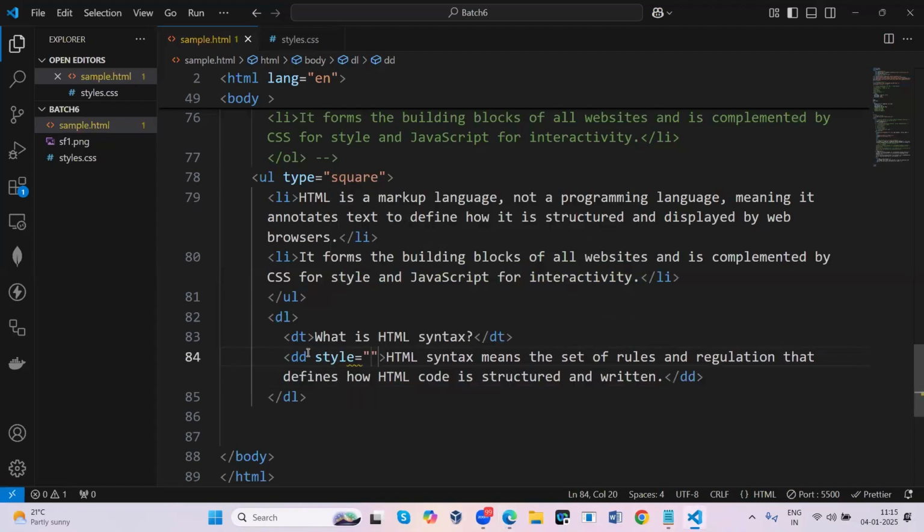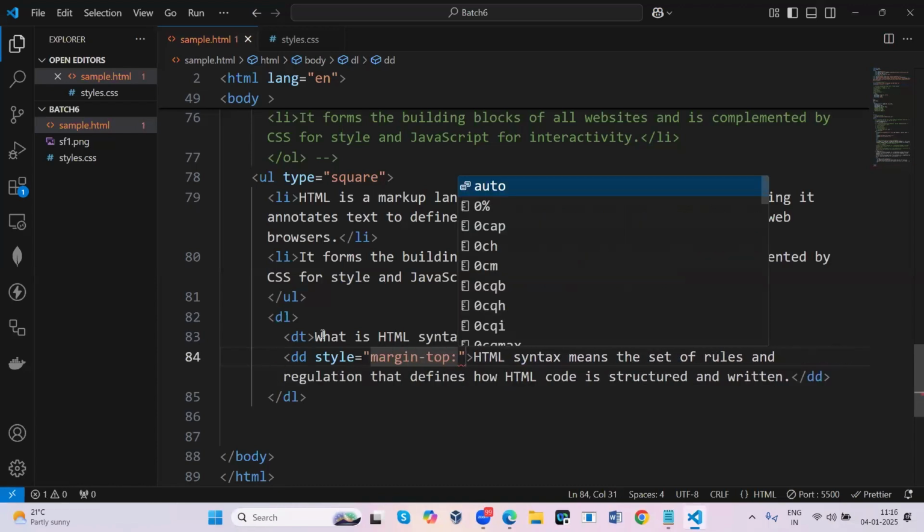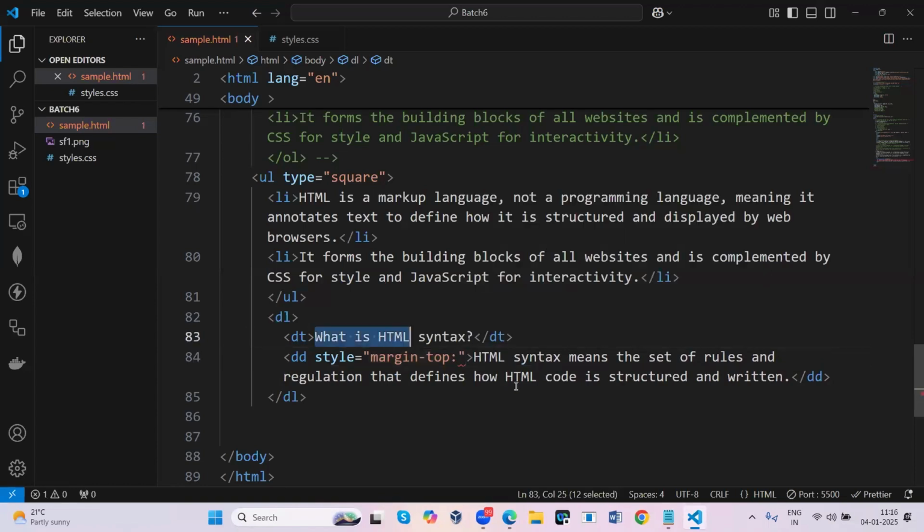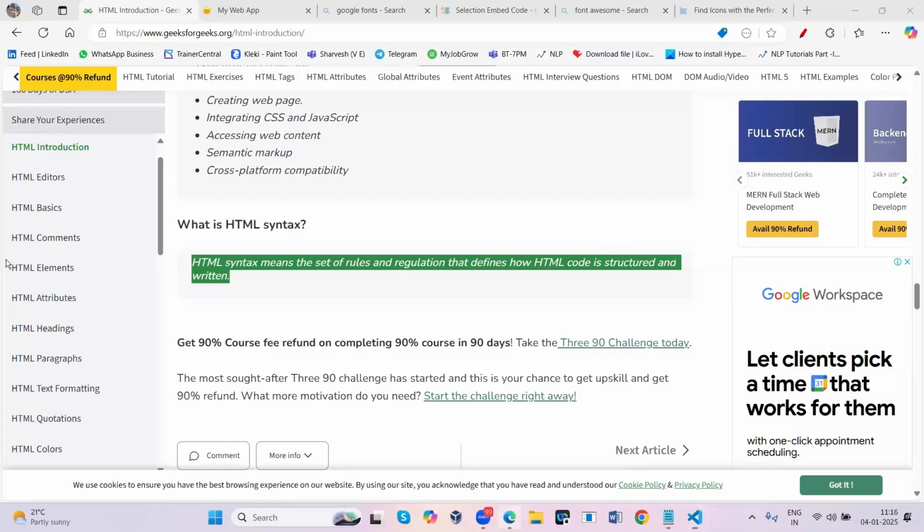So style is equal to a margin at top, only on top, because you need a split between the term and the definition. I'm going to give something like 20 pixels. Now you can see the space is generated just above. Can you see it?